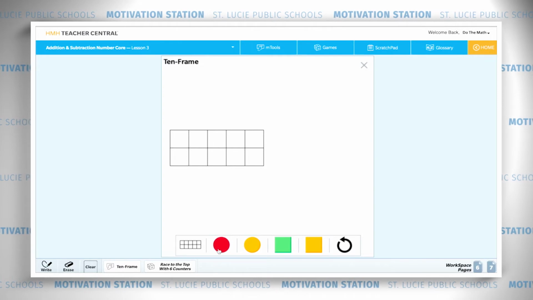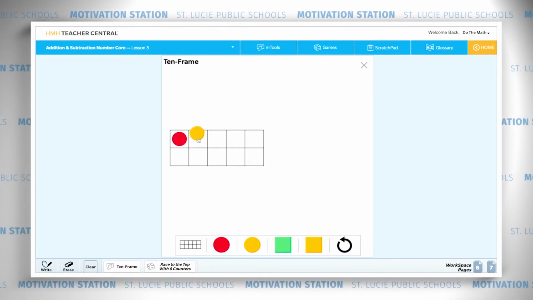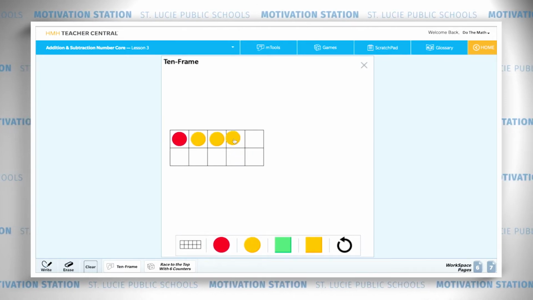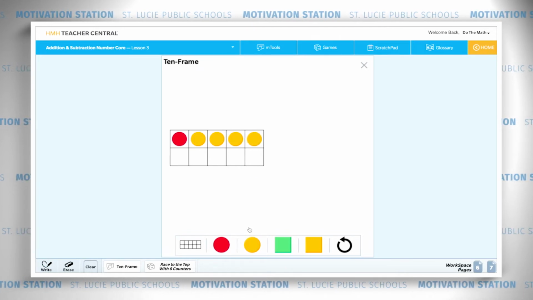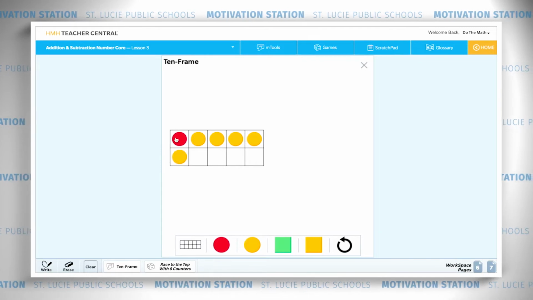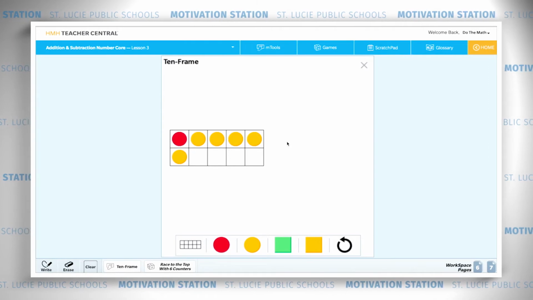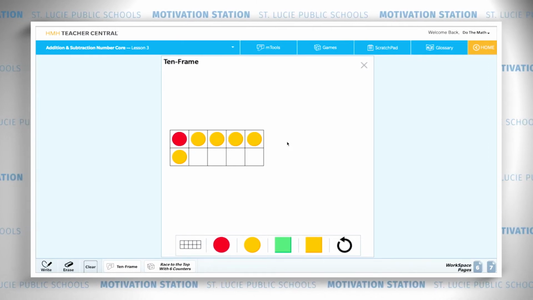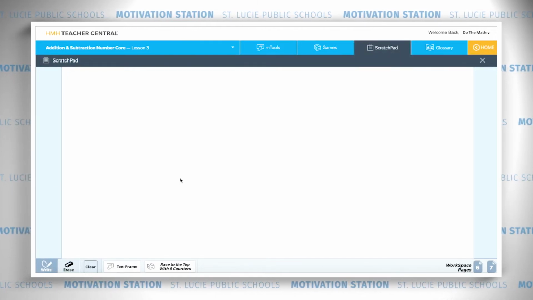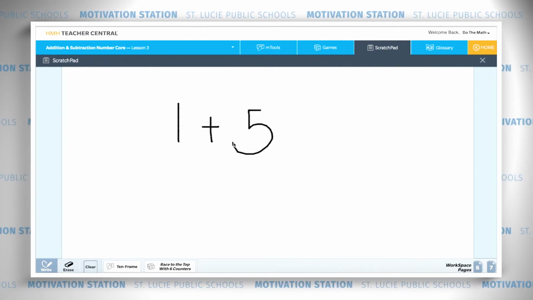So let's do this for 1 plus 5. So I have 1 red plus 5 yellow. 1, 2, 3, 4, 5. Okay, so I placed 1 red counter in my 10s frame, and now I place 5 yellow counters on my 10s frame. What equation can we write if we look at the colors? You're right. I can have 1 plus 5 equals